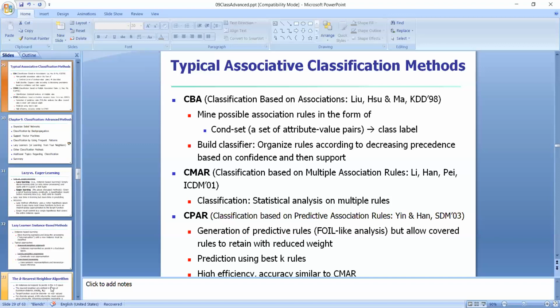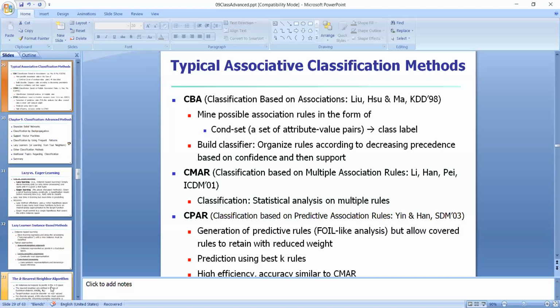So these are the three associative classification methods: CBA, CMAR, CPAR. And as you know, the most efficient among all of them is CPAR, because among the whole set of rules, it takes a few K rules and avoids the low ranking rules. So I'm just concluding in this video. We have seen two classification methods. One is SVM and another one is classification based on associative methods.